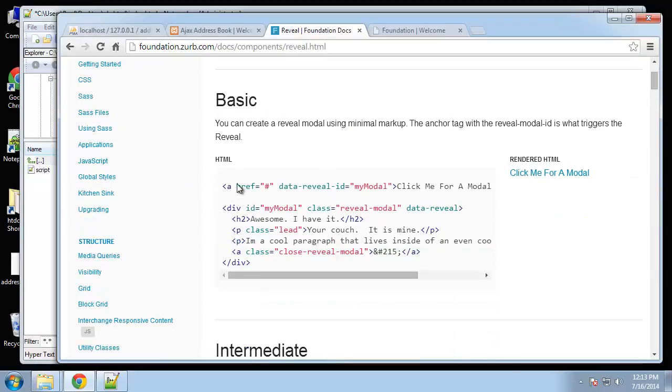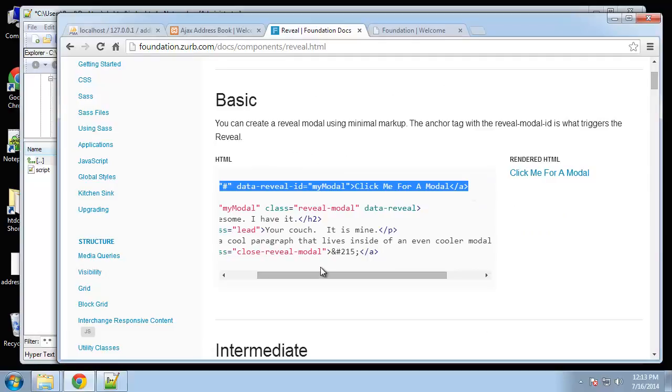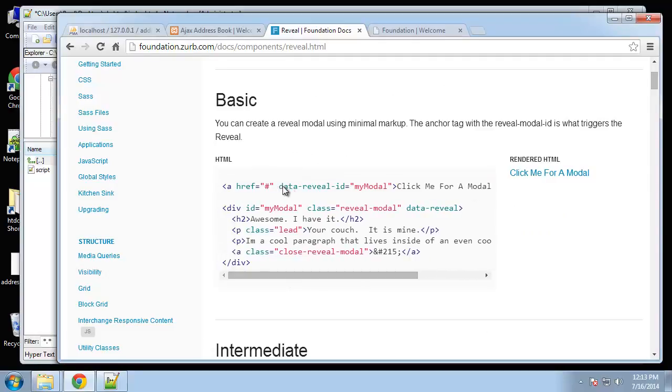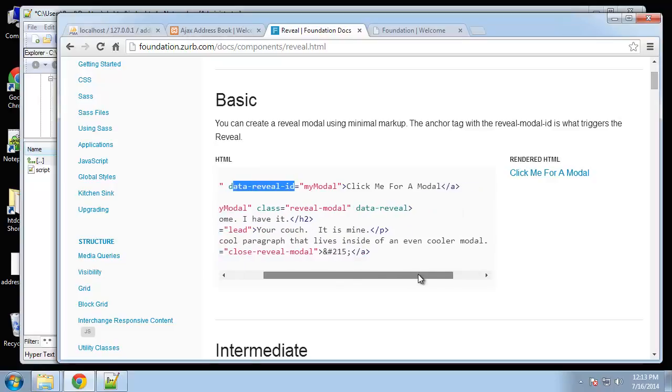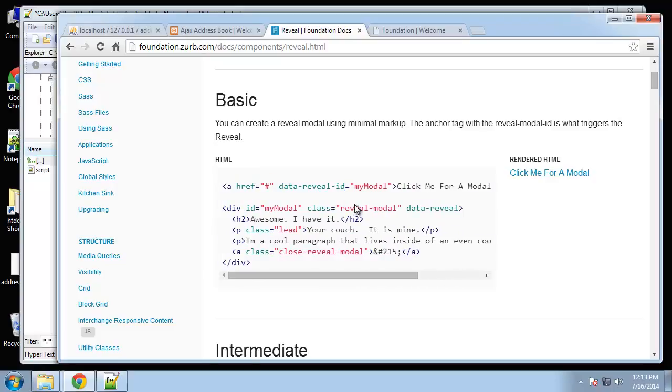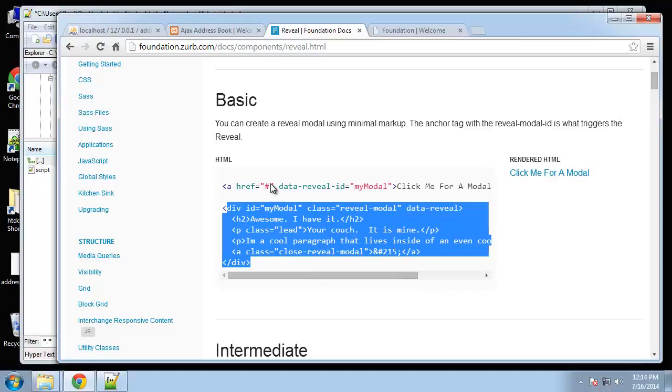We have a link, and you want to put in that link this data-reveal-id attribute, and that can be whatever you want, but you need this ID. They click on the link, and then it's going to go to a div with the ID that matches this ID. So this whole div is going to be displayed inside of the modal